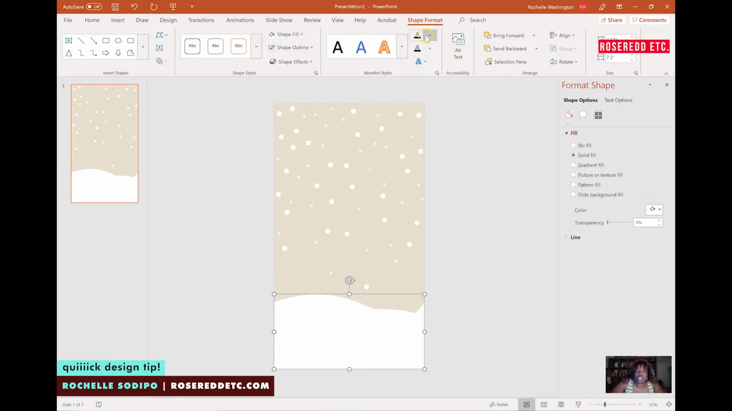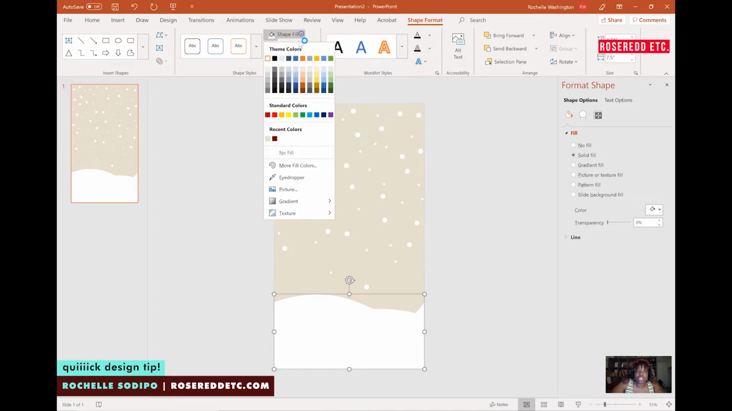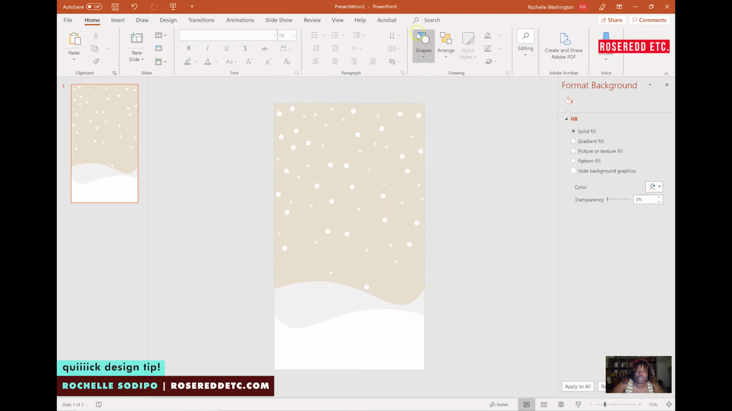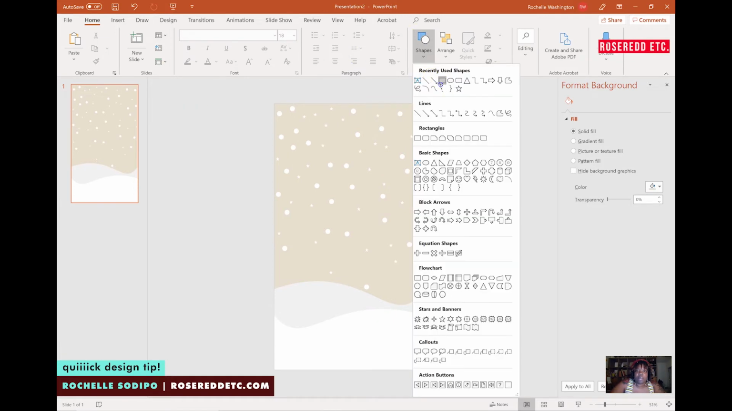And I am going to change the color of that snowdrift to something that's a little gray, just to give us some contrast here. Excellent. And so now the next thing that I'm going to do is I'm going to take my shapes, and